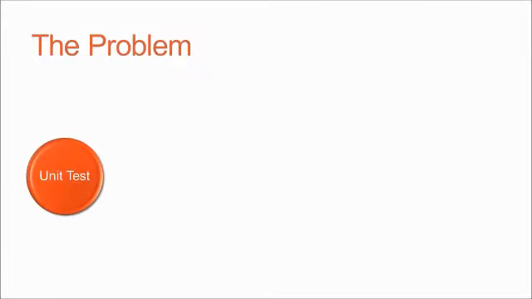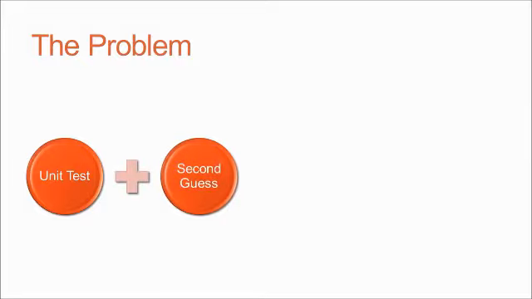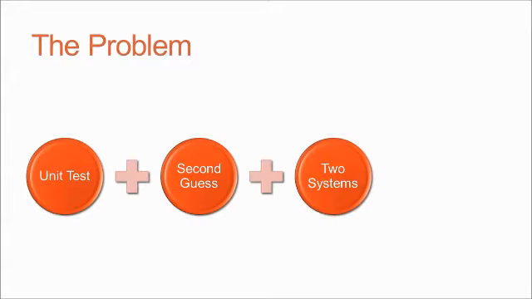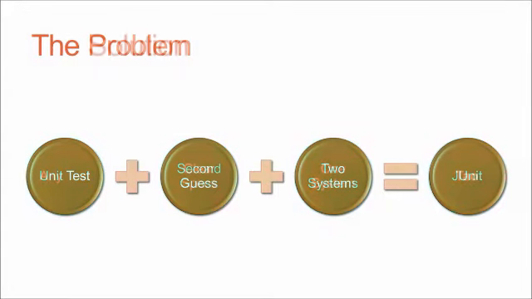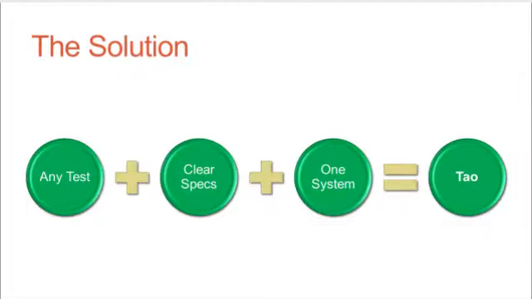Two essential limitations are that JUnit forces the programmer to write the test and assume the values for input and output. The other limitation is that building and maintaining tests is a significant effort for the programmer. As a result, the programmer has two systems to develop: the production code and the test framework to validate the production code. Tao recognizes all these JUnit limitations and provides carefully considered practical solutions.